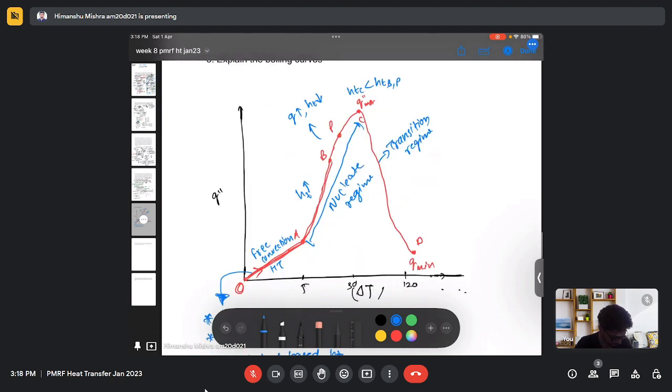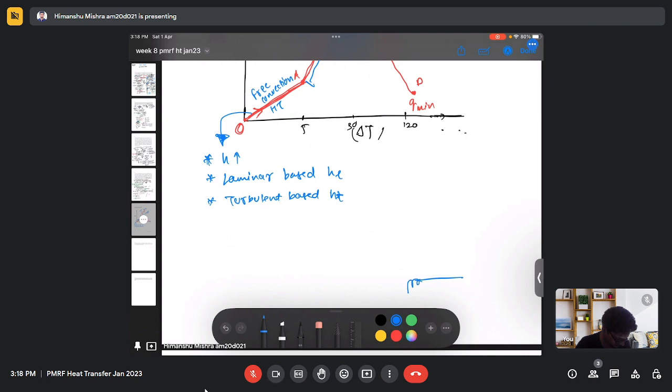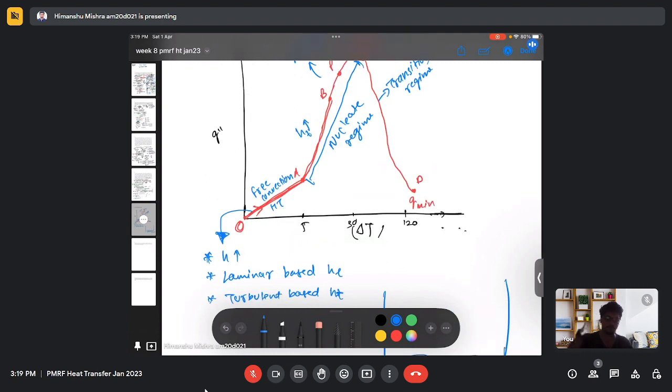So let's say this is my heater, and this is my surrounding fluid, and there will be some layer of slug which contains only air appearing at the top of the heater surface, and the heat transfer through this slug occurs due to conduction. And we know that the conduction property and the heat transfer coefficient of air is very, very small, and therefore as we increase the temperature, the heat transfer coefficient and heat flux will fall down, and it will fall down to the minimum